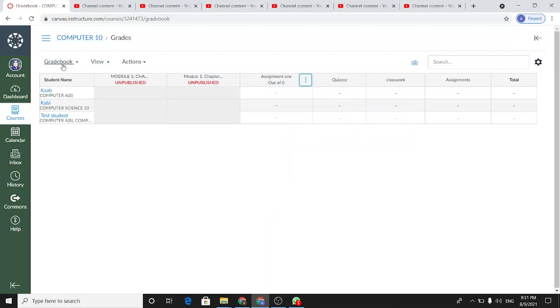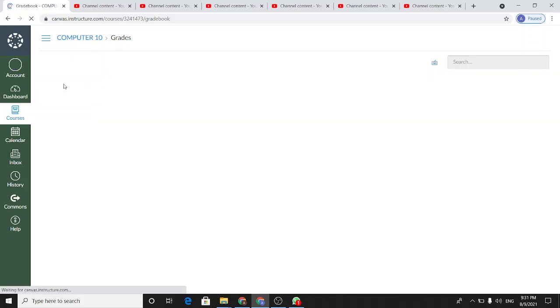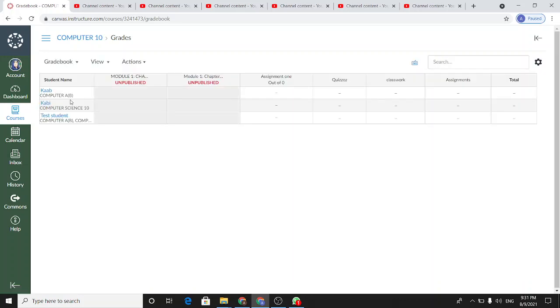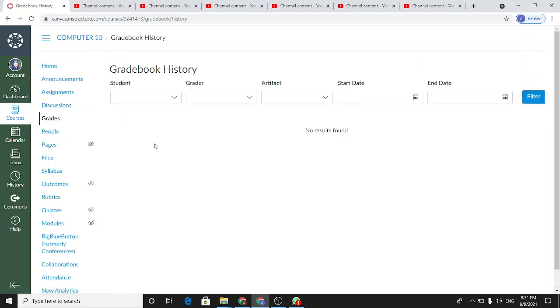At the top of the gradebook, you can see these three tabs. One is gradebook. You can see individual view, and you can see gradebook history. Here you type a few letters.